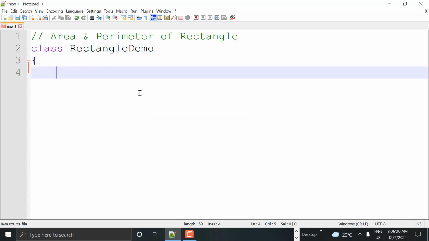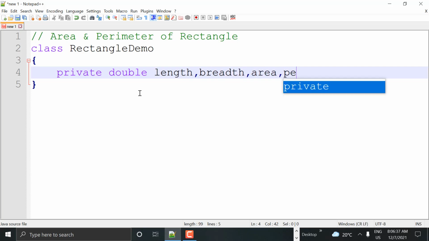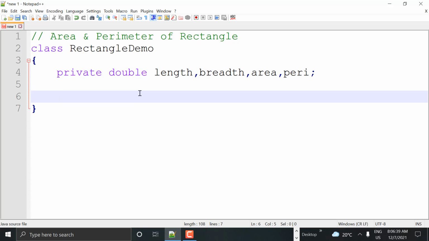Inside the class, we are taking the private members. I'm taking double format, because though the user is giving decimal points, it's ready to work. So: private double length, breadth, area and perimeter. Like this I've taken the data members.